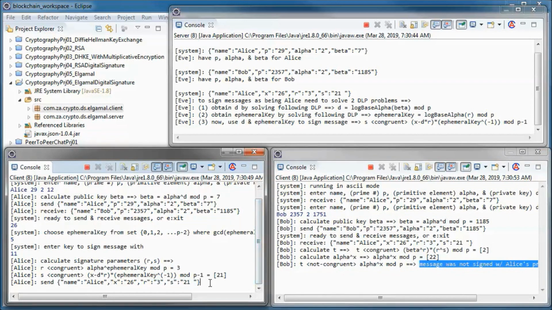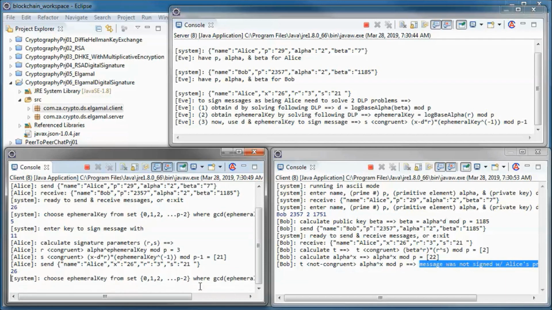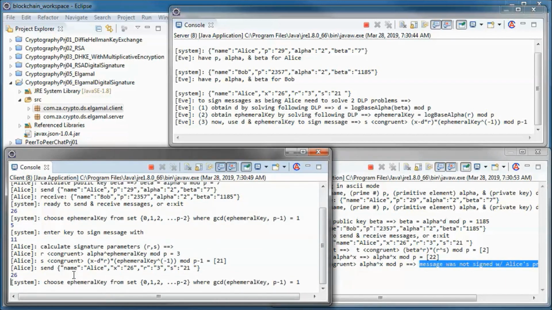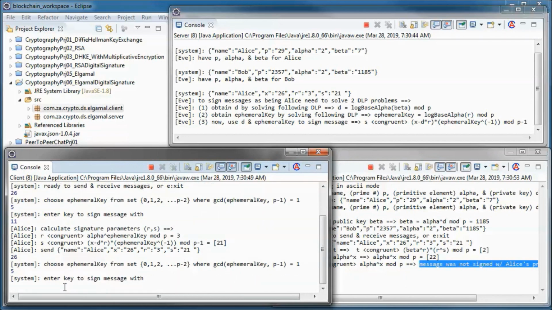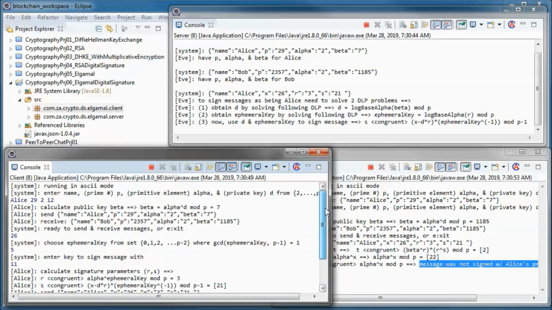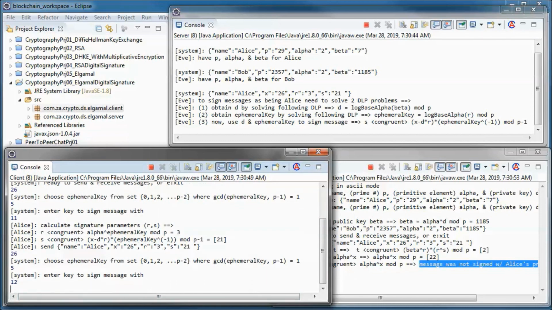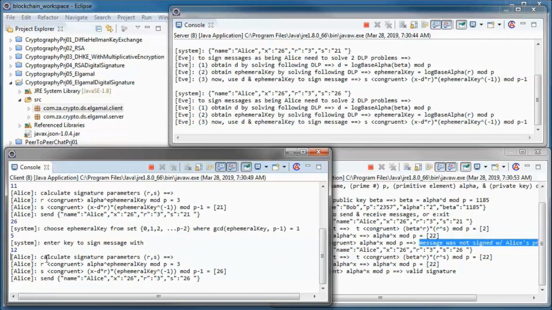So let's do the same thing, except now sign it with her private key. So we'll use the same ephemeral key, and her private key D is this number, so she does the same thing.